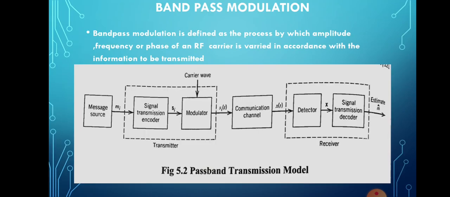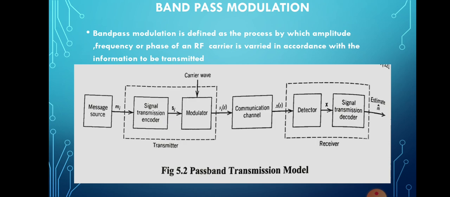The difference between baseband and passband is that in passband modulation we will be using digital modulation techniques, that is amplitude shift keying, phase shift keying, frequency shift keying, like that. In baseband transmission there is no modulation. The signal is directly encoded into different codes. For that we use pulse code modulation, differential pulse code modulation, and delta modulation, which we studied in the third module. Okay.